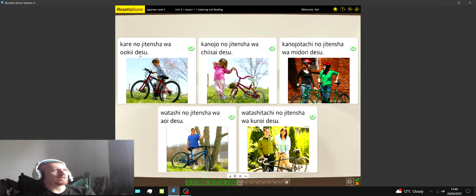So yeah, ookii is large, or big, and chiisai is small or tiny. Obviously jitensha is the bike. And then we've got big, small, and then we got the colours. We got midori is green, we got aoi is blue, and kuroi is black. And then obviously we've got the grammatical form of male singular, girl singular, girls plural,